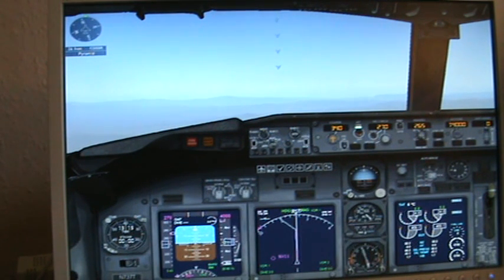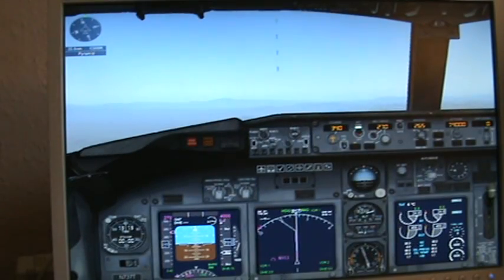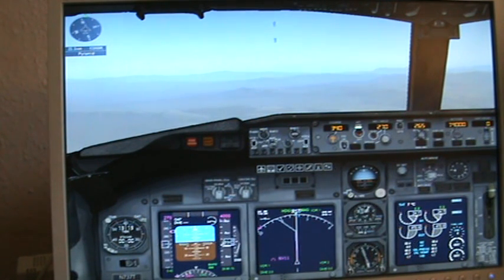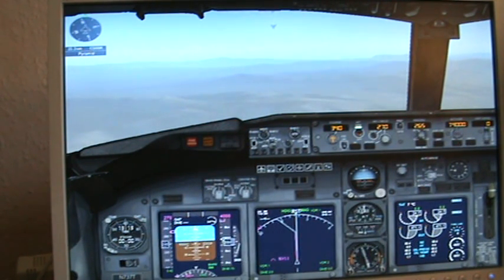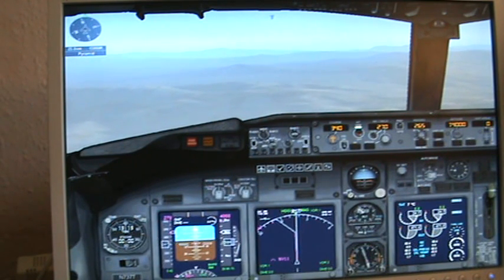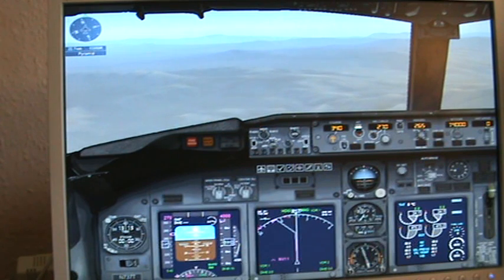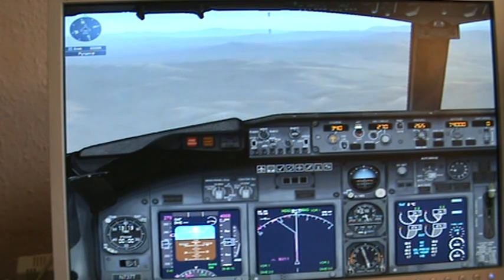Okay, we're cleared for the visual approach to runway 32. Descend 6,000 feet for now, and continue flying to Pyramid Waypoint. Descend to 6,000 feet. Now I'm going to level up slightly above 6,000 because